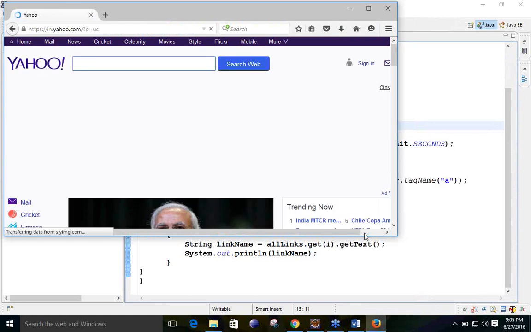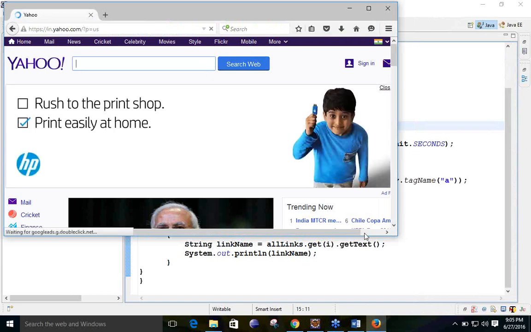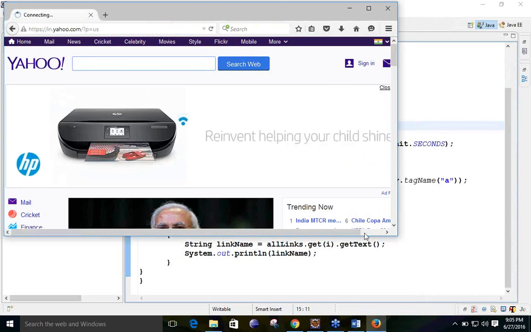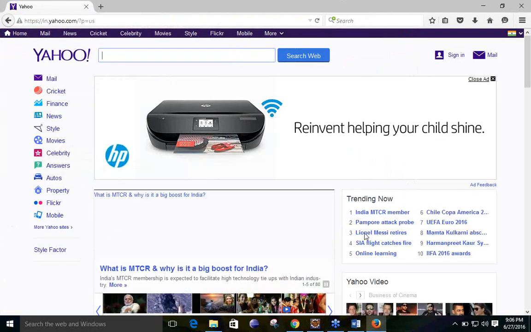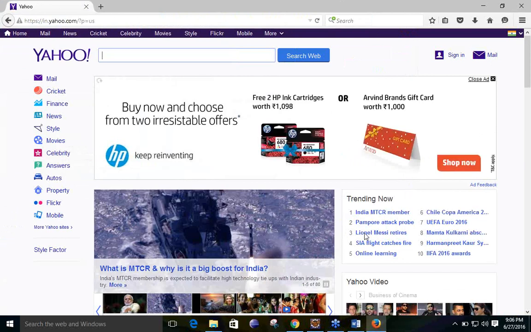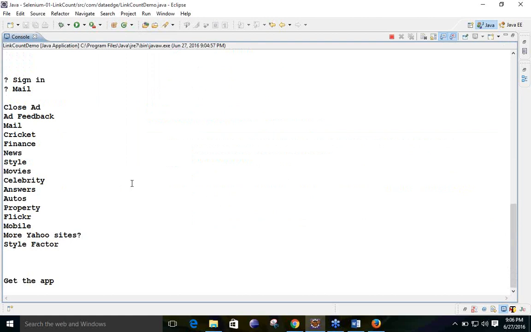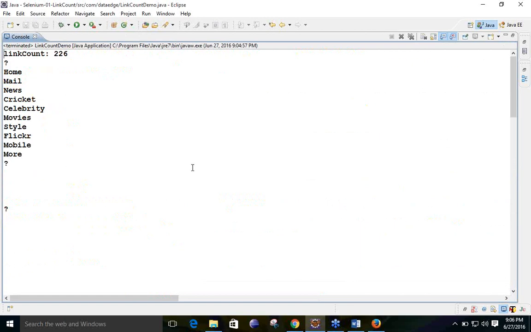So it has successfully opened yahoo.com, and now it will count internally whatever the number of the tags that is available over here. See at the bottom left hand corner, it is doing its work. So I think the Yahoo web page loading is completed. Okay, we will see the Java program. This is the Java program, so all the output will be present in the console window, right? Yes, it maximizes the window.